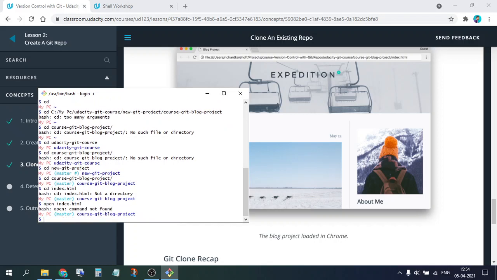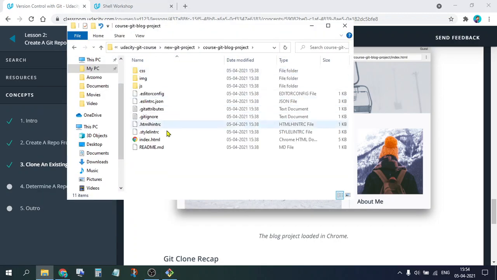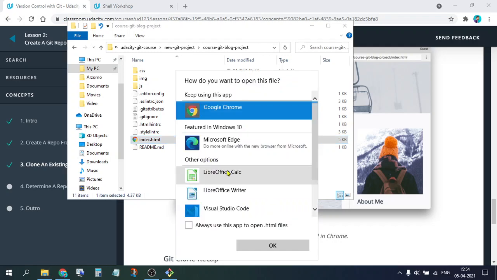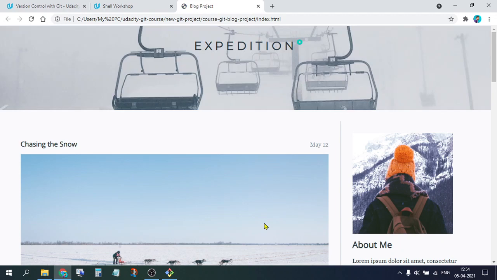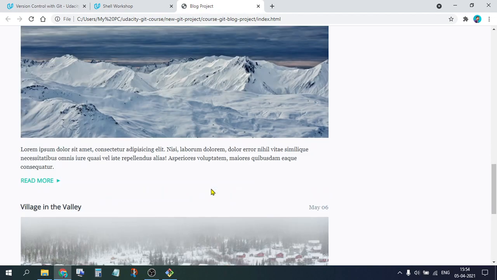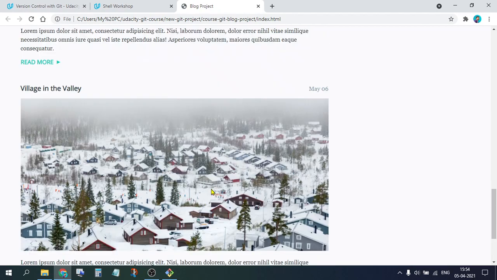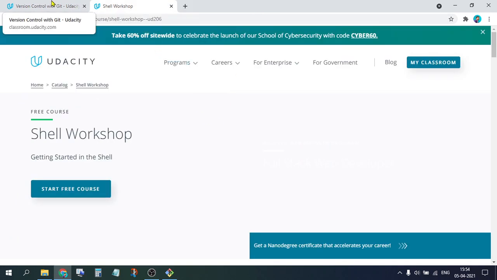I don't know, it says command not found. Okay, whatever, I'm going to open it from here. So you also enjoy what you, okay. Oh nice, this is the same. Okay, now